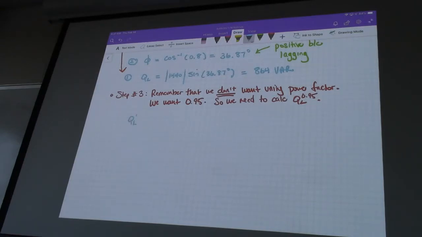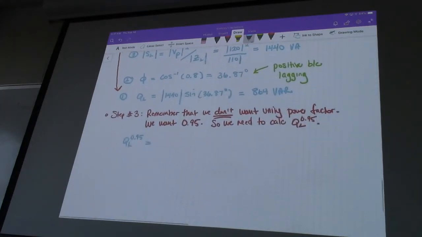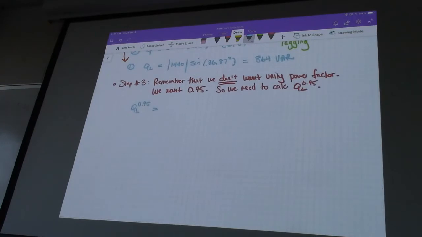So QL for 0.95 will be equal to 1440, that shouldn't change, times the sine of the inverse cosine of 0.95. And so the new angle will be 18.19 degrees. And the new value of QL